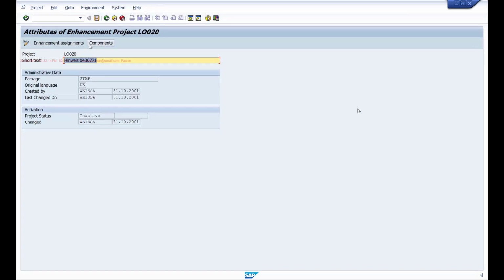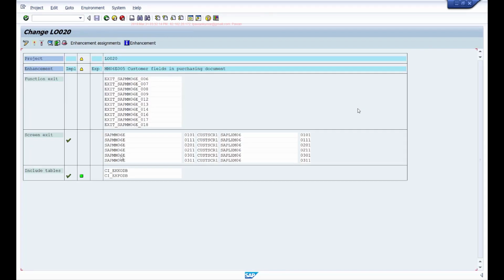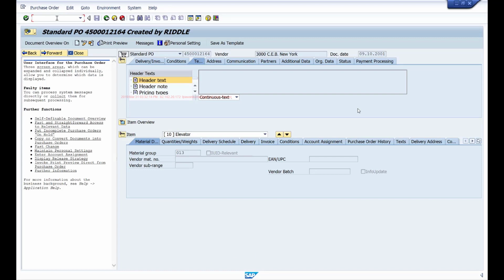and here if you look at enhancement assignments, this is implemented. If I go to components, from here also you can directly double click on this screen number and edit it. Since we have maintained it already, here the CI include is also activated, is also created, and the screen exit is also created. Let me activate this enhancement and see if it works. So it's done. And if I go to this ME21N transaction,